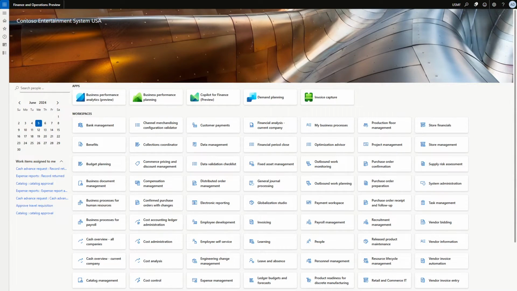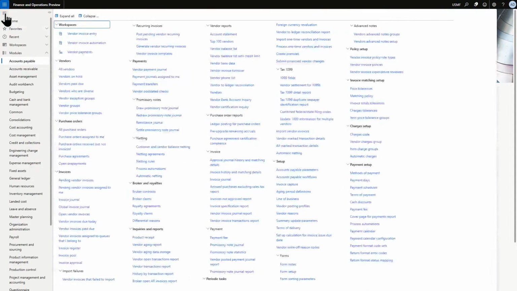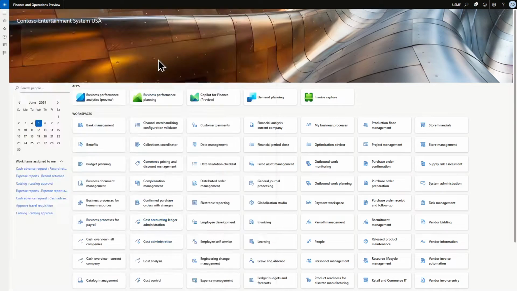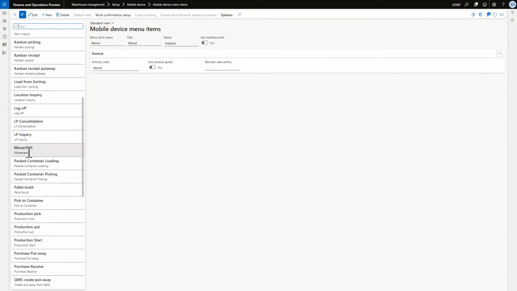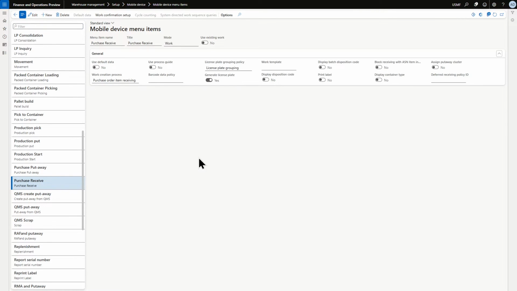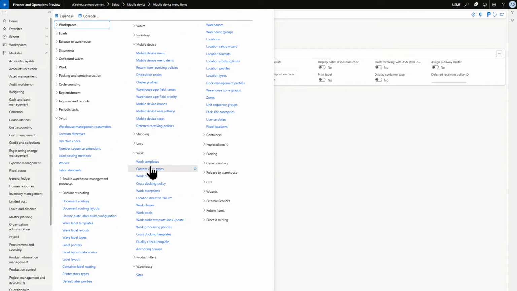The second option to enable the labels is from the work template. So let me disable first the print label on the mobile app, on the mobile menu item. So go to warehouse management, mobile device menu item, go to purchase, receive, and make sure the print label is disabled. Then go to work templates,